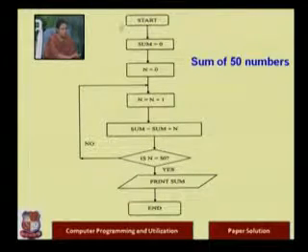It starts from start, it will initialize sum variable equal to 0, then it will initialize n equal to 0, then n equal to n plus 1, यानी first number हमने लिया है, right? Then sum is equal to sum plus n, then this n will be compared with 50 because we want to go up to 50 numbers, right? And we are performing repetition of the work, so addition of 50 numbers, right? Then it will print sum.